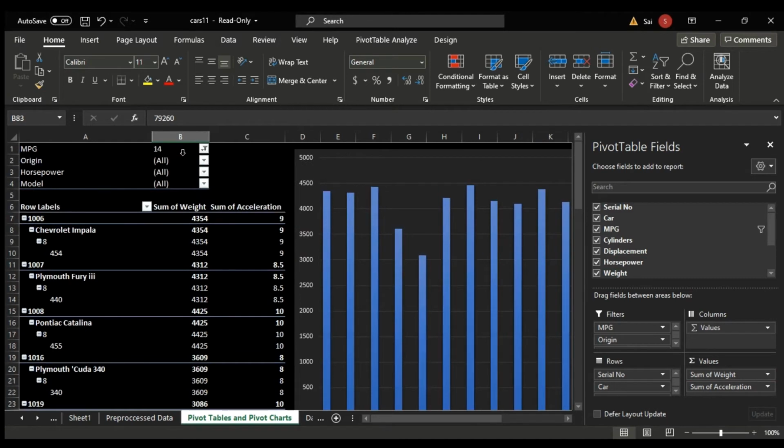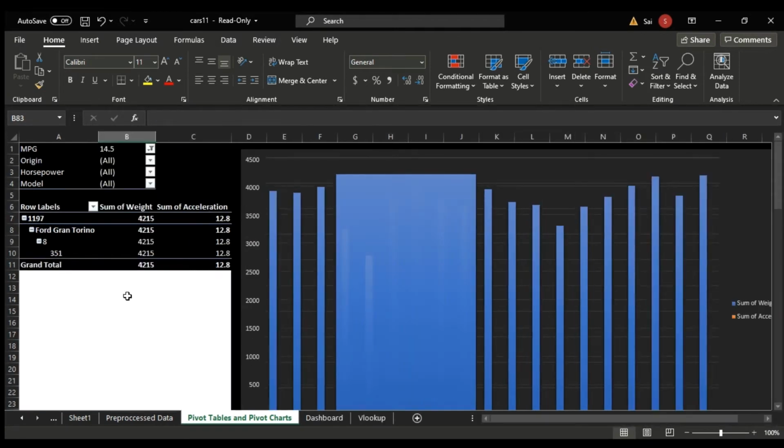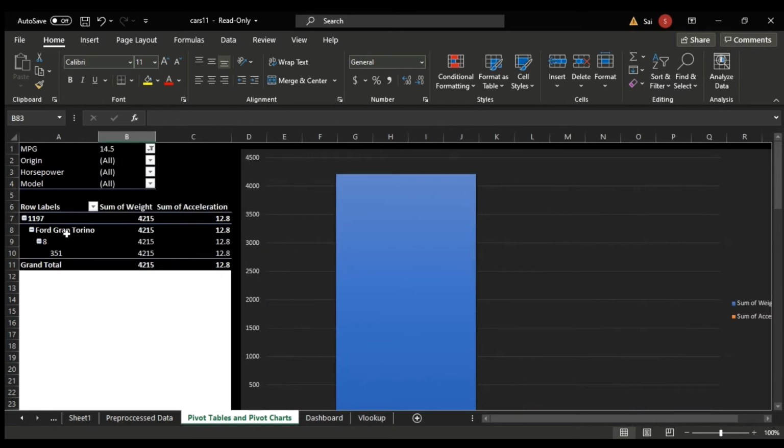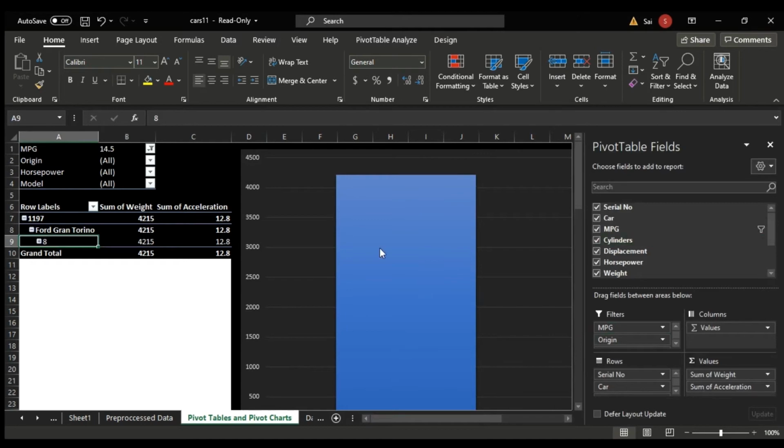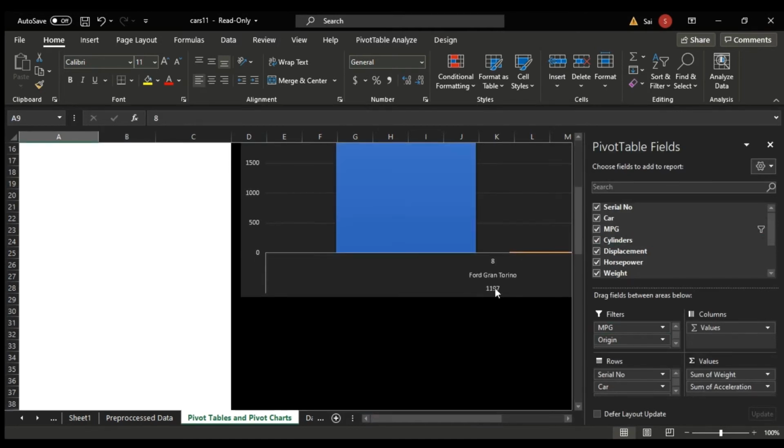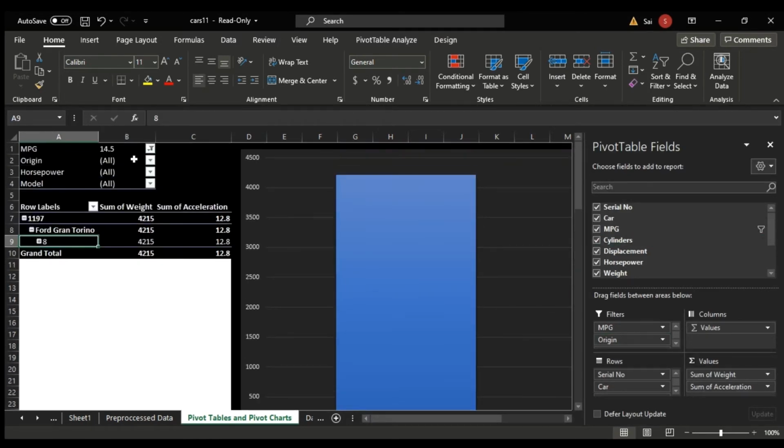You can see many data in the pivot charts and pivot tables. I have explained what a pivot chart is and why it is used. Here if I change the miles per gallon to a different number, you can see the changes.